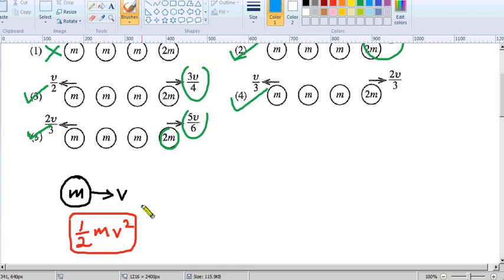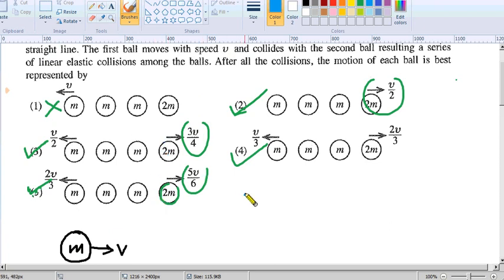Since this kinetic energy is not a vector, it is just a scalar, therefore we don't have to take positive and negative signs. Whatever the directions, no matter, we have to add them, because this one is a kinetic energy, this one is a kinetic energy, no direction it has, therefore we have to add it to